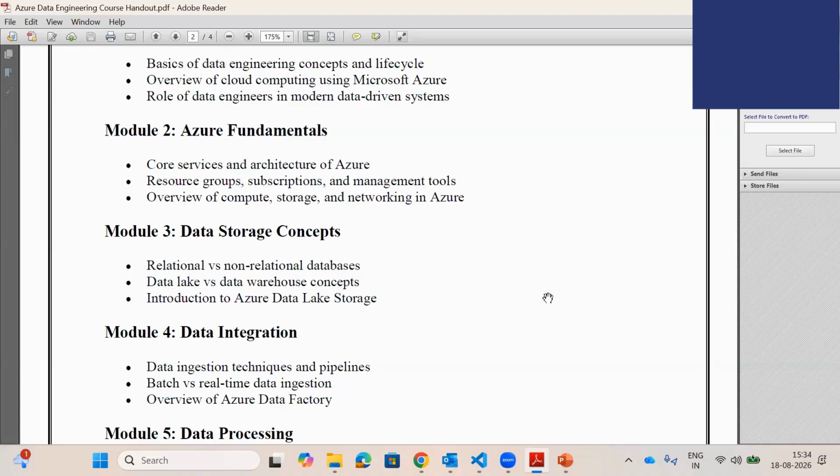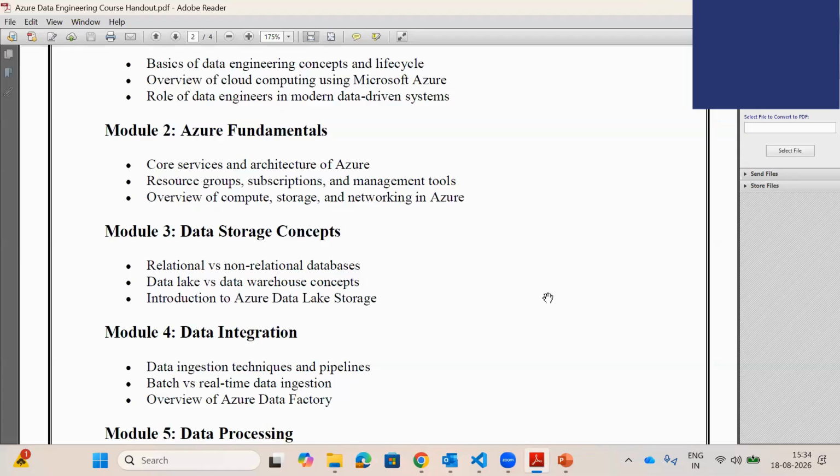However, on the other hand, if I need to keep numerical data in the right way, say CRM systems, employee data, or any business data in a very organized way, where we can create dashboards and other things, that is where the data warehouse comes into the picture. So what is the basic difference between the data lake and data warehouse in terms of utilization? We are also going to understand that.